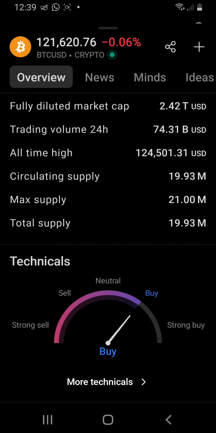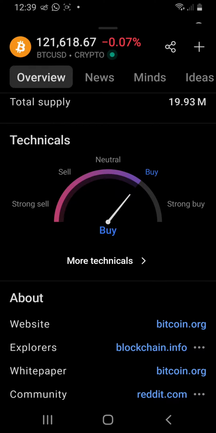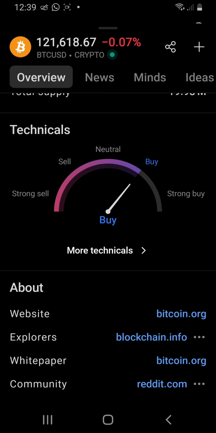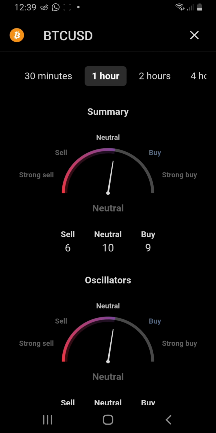It will show you circulating supply, maximum supply, total supply, and technical sentiment too. If you want to view more sentiment for BTC, you can click on more. You see time frames: you can check for 4 hours, 1 hour,